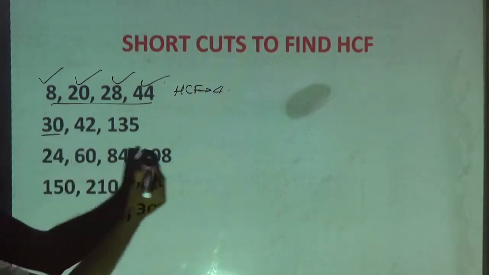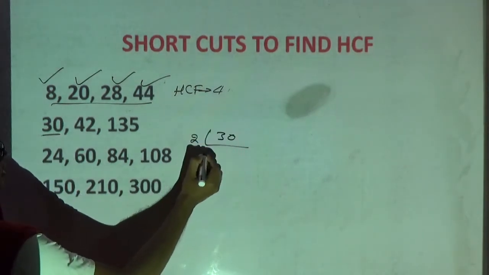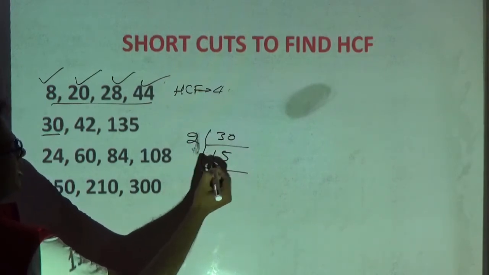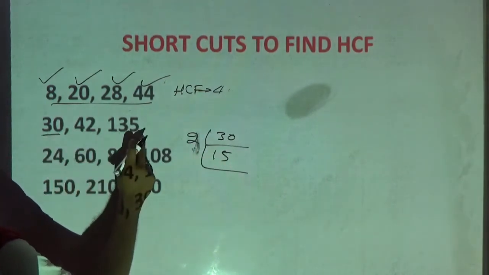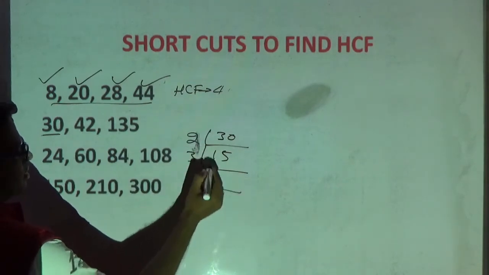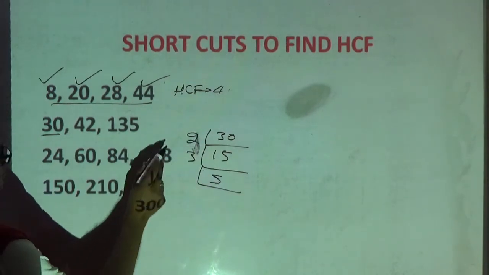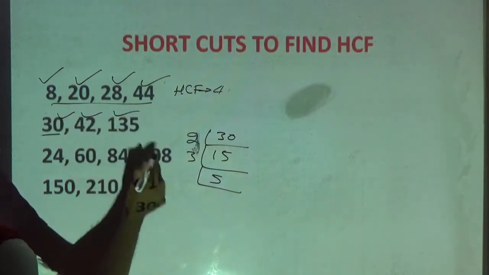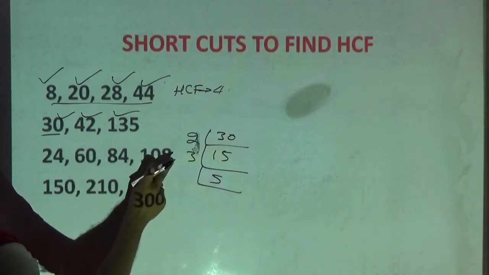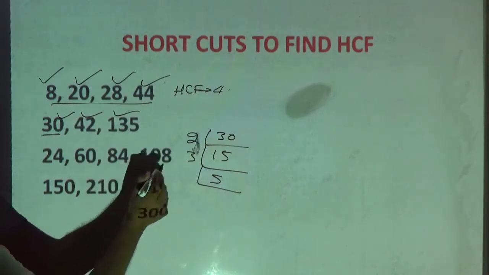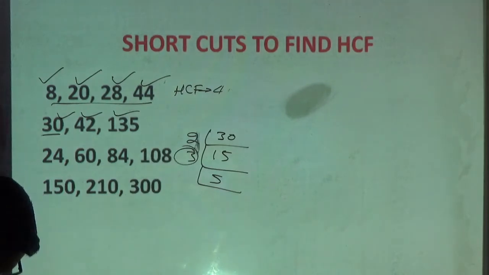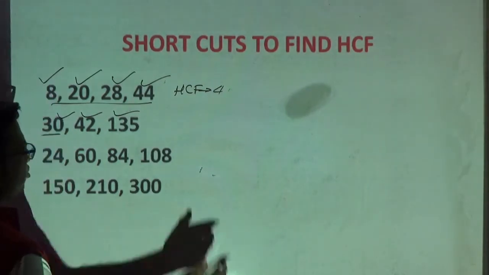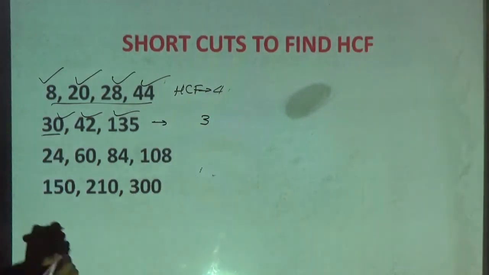Now I need to find out the HCF of 30, 42 and 135. So which is the smallest number? 30. Okay, now please observe here. From 2 I can divide this number, right? From 2, how many times will it go? 2, 15 times. Now from 15 whether you can divide all the numbers? No. Again I will go 3, 3, 5 is 15. From 2 I can divide? No. From 3 whether you can divide all the numbers? Yes. From 5 you can divide all the numbers? No. 5 3 is 15. From 15 also I cannot divide, from 30 also cannot divide. So what is your HCF? HCF is 3. See how quickly, in less than 10 seconds, I can find my answers.